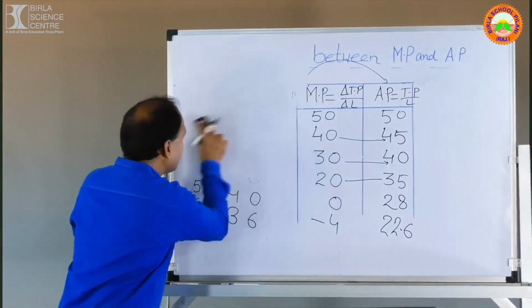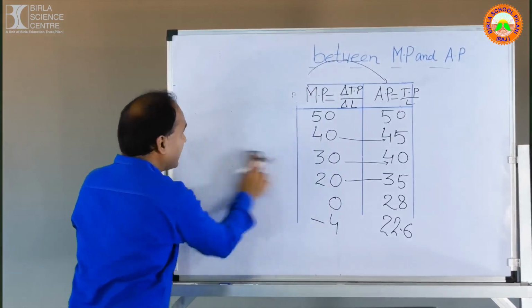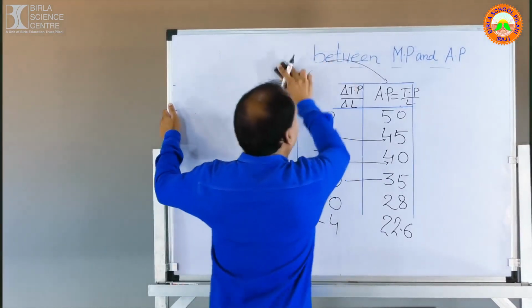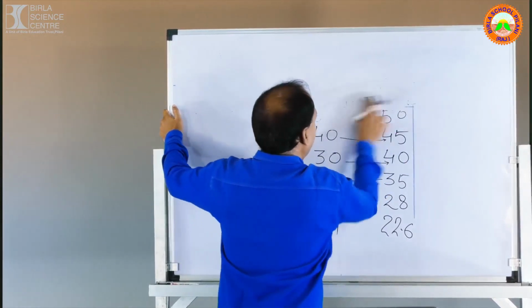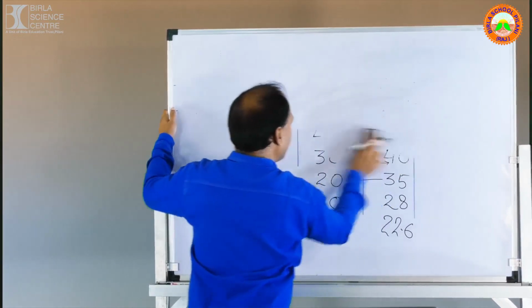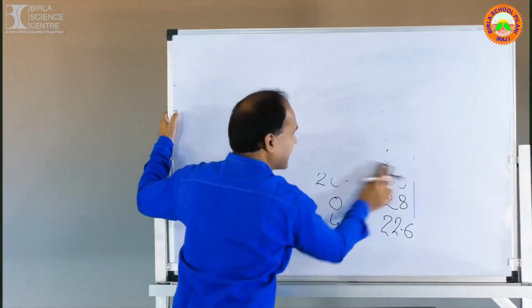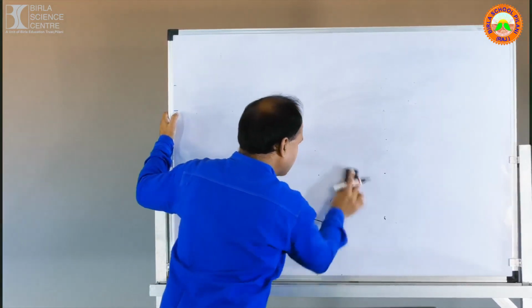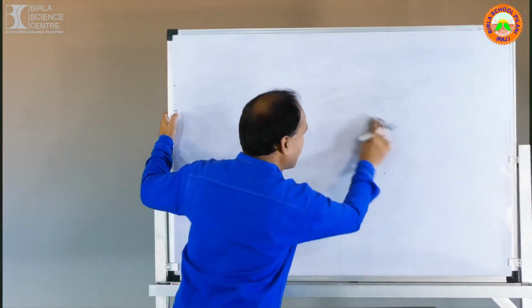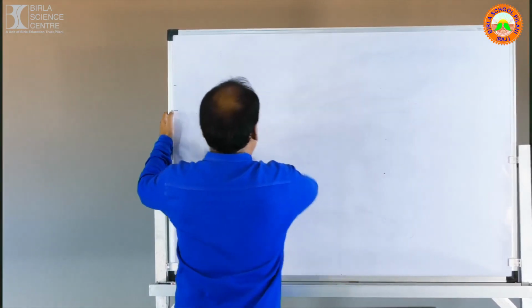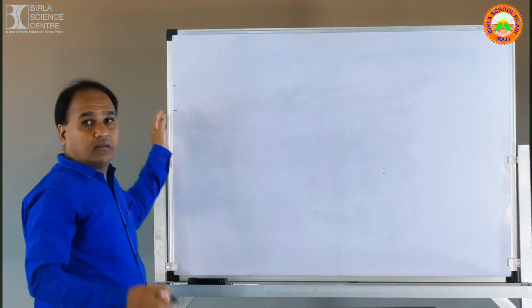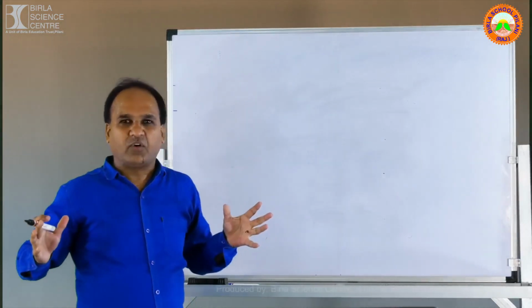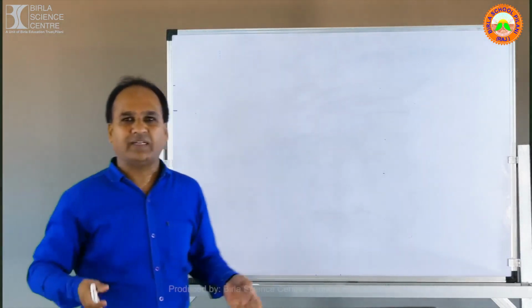Watch it carefully. This diagram will help you to understand the relation between the MP number 1 and AP number 2 more carefully. Okay? Just watch the diagram which I am going to draw for my students. This diagram becomes complicated for the student, and they get scared: "Oh my god, where is this diagram from, how to draw?"